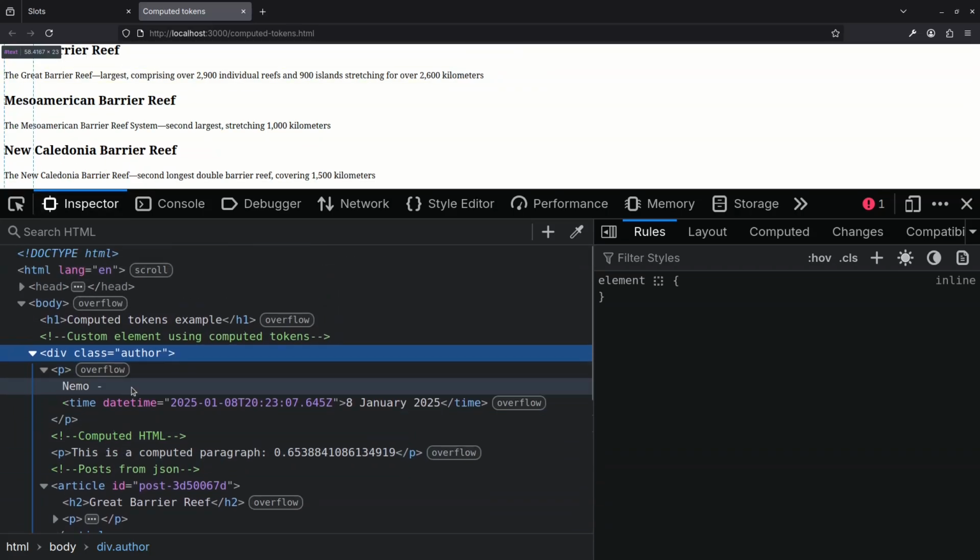There we go. So this is just scratching the surface. You can build almost any type of website completely static using HTML web standards, and hopefully